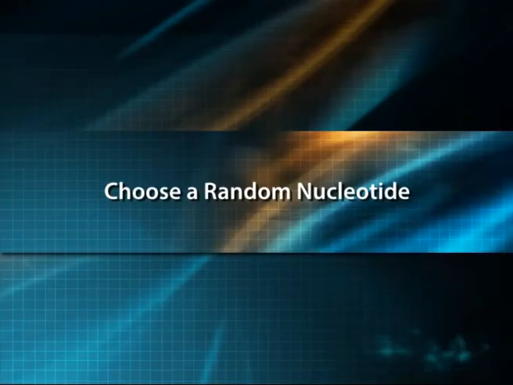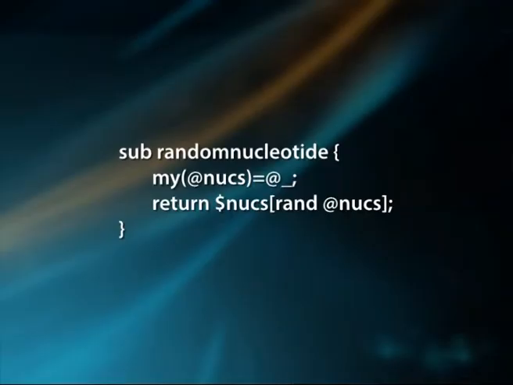Choose a random nucleotide. Now we will write a subroutine that randomly chooses one of the 4 nucleotides. Let it be named random_nucleotide. Here also srand is to be called before calling this subroutine. sub random_nucleotide { my (@nuc) = @_; return $nuc[rand @nuc]; }